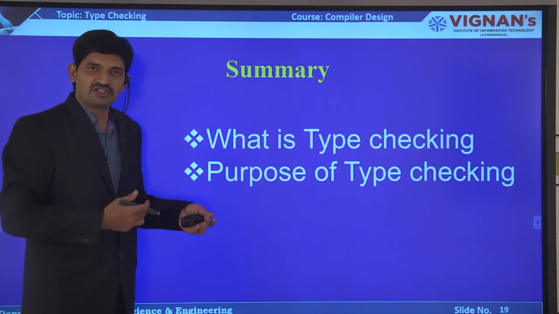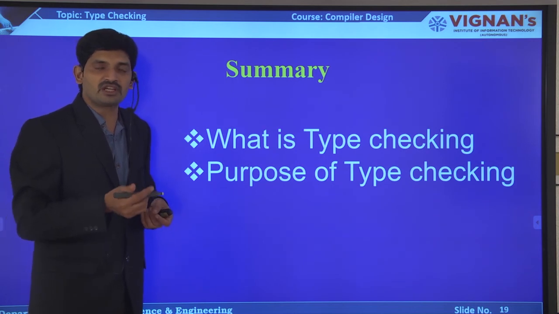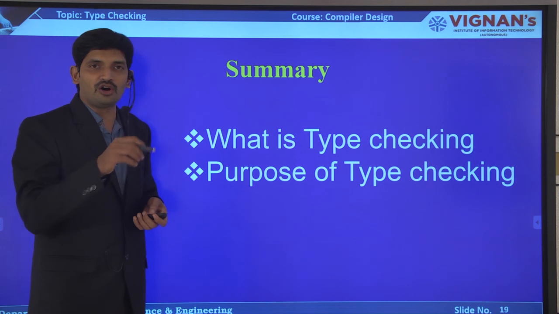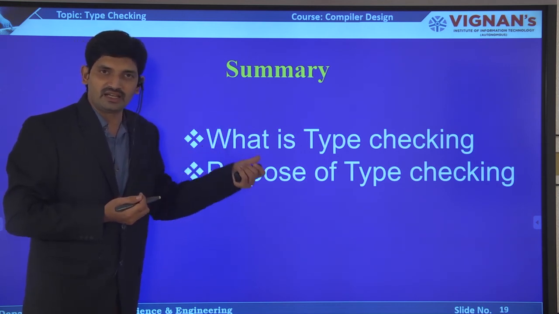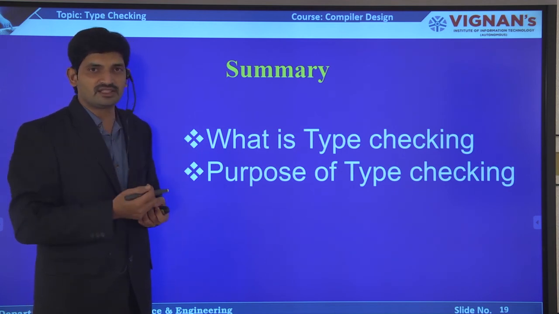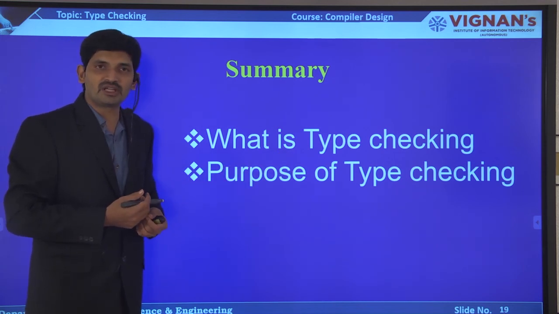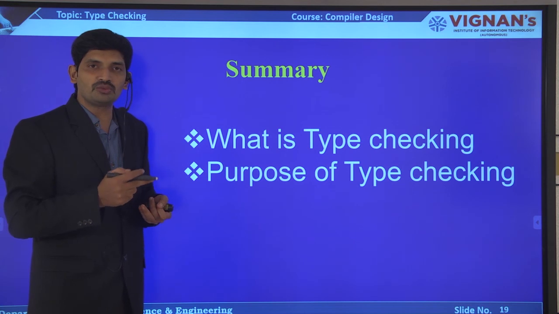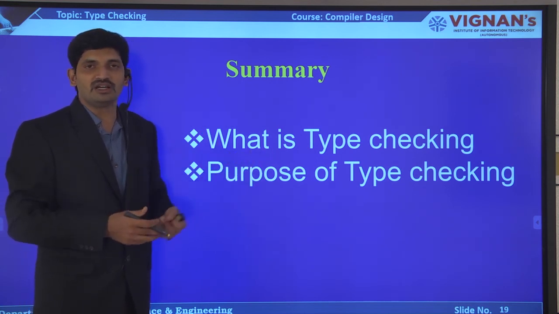Okay, from this session we learned what type checking is, and that the type checker module is going to perform the type checking. It is going to check all the operations and control flow statements for errors. If any error is there, it has to raise that error immediately. And what are the various types of type checking? They are static and dynamic. If it is static, it is checked at compile time. If it is dynamic, it is checked at runtime.